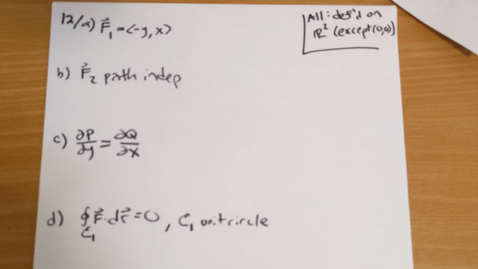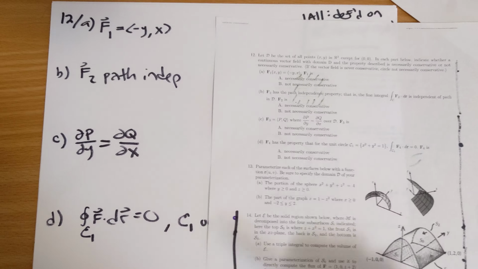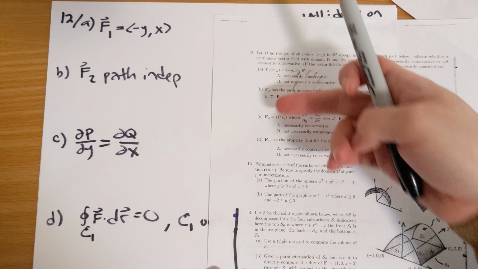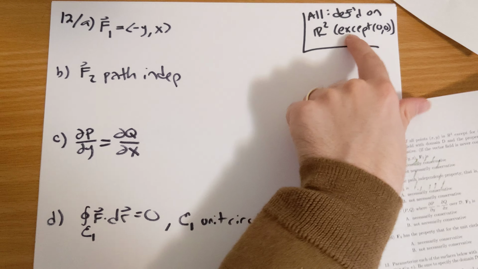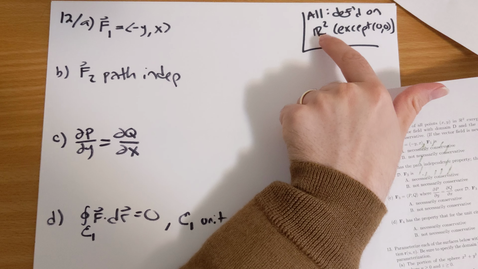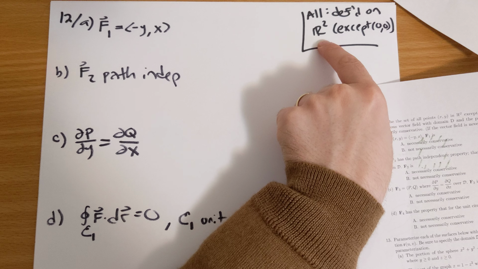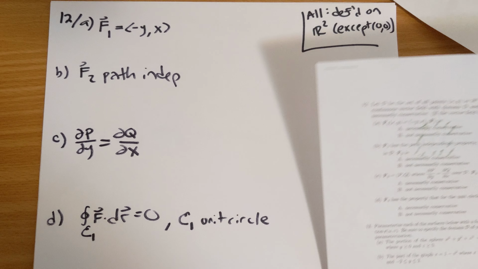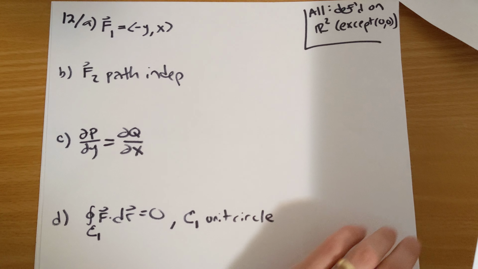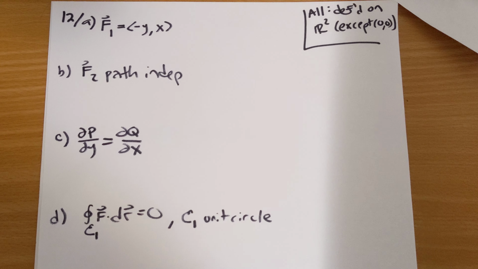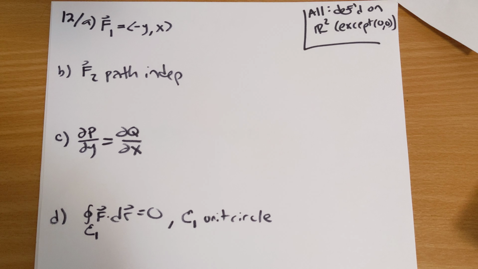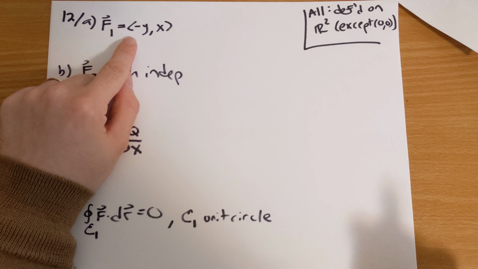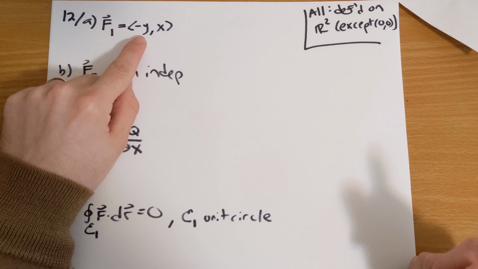Problem number 12. We're given a long list of properties that four different vector fields satisfy, F1, F2, F3, F4. Each of these vector fields is defined on all of R2, except for the origin (0, 0). Our question is, does this convince us that each of these vector fields is conservative, or might the vector field not necessarily be conservative? Okay, so the first one, we're given an explicit formula here for F1, negative y comma